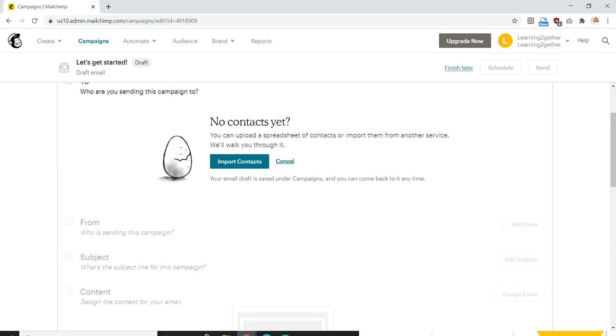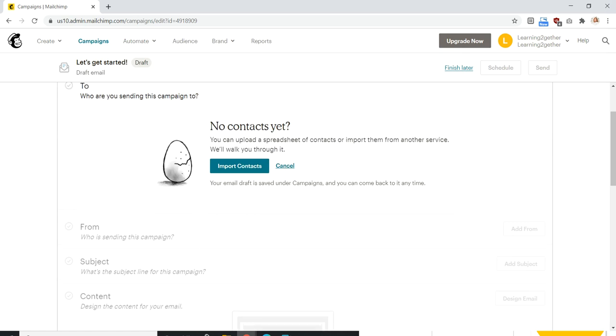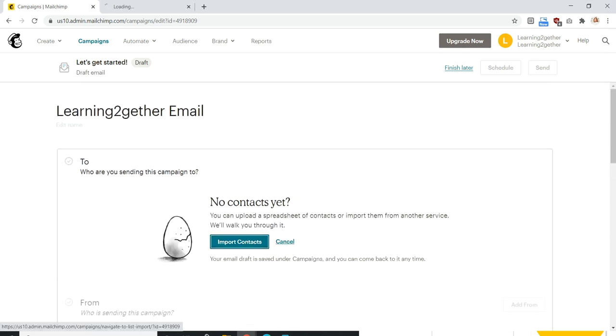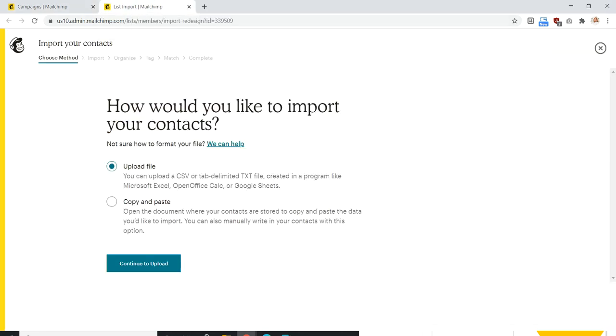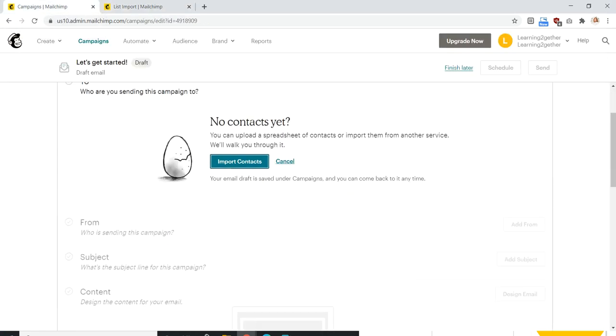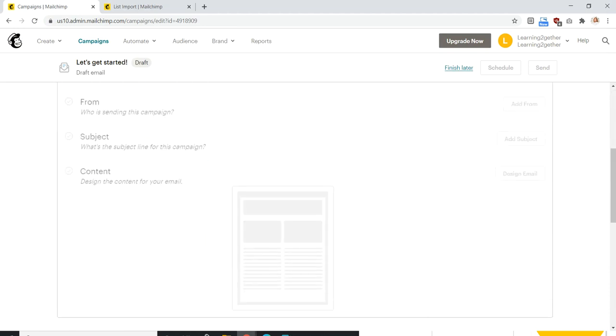So we haven't used this platform yet, but I can show you how to import contacts. It's very easy. You can either upload an Excel, CSV, TXT file in which you have the name, first name, email address, phone number, company name of all your contacts, or you can copy and paste them. I would advise you to go for uploading a file, which is much easier than copy pasting, and which saves a lot of time. So when you have imported your contacts, you can